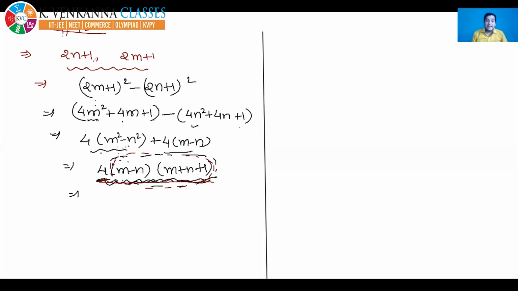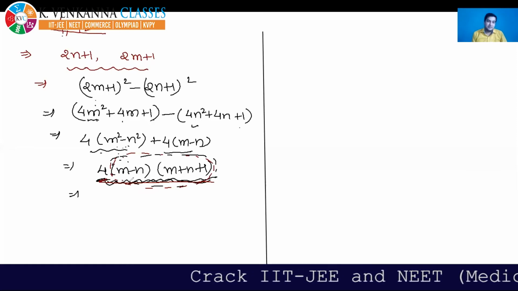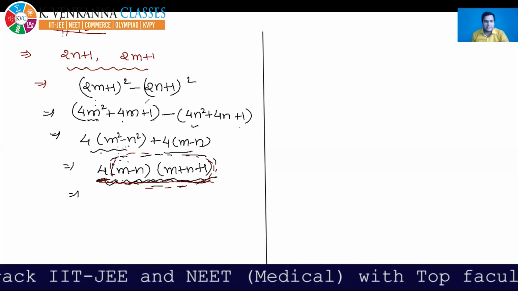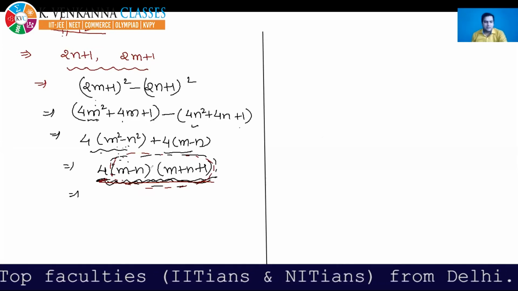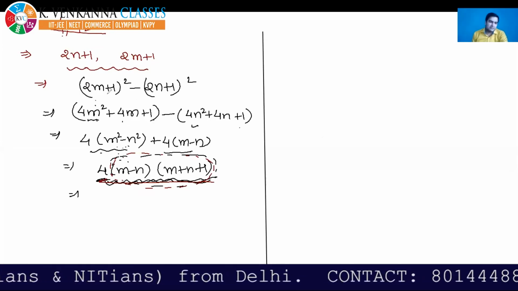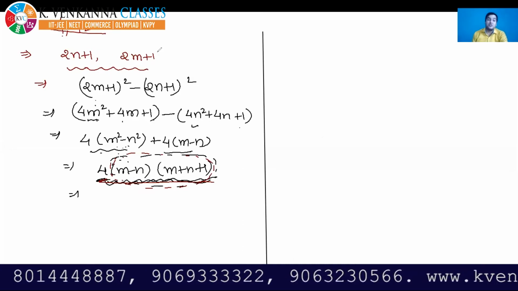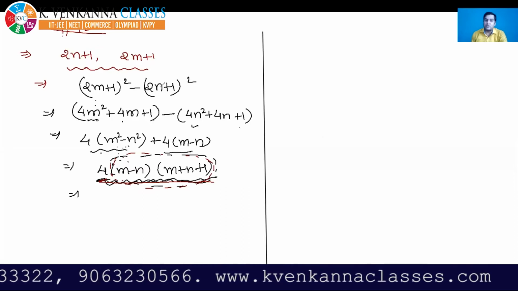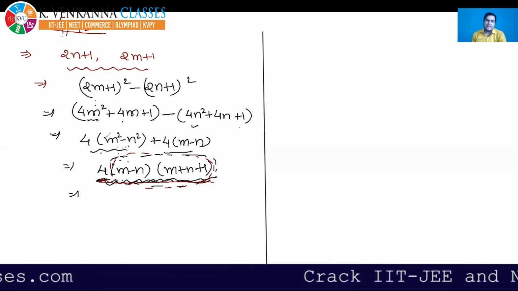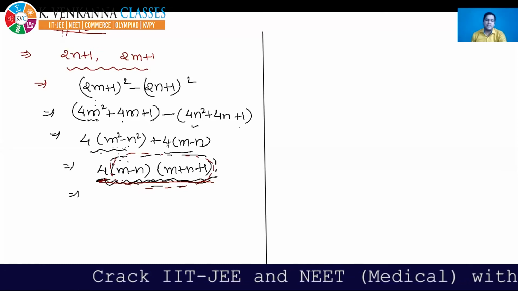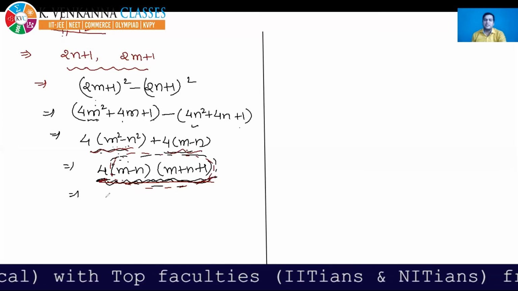See, listen carefully to what I'm saying. Here m and n are integers. Okay, the previous step I'm explaining again. Don't worry, I will explain at the end. Here, I have to find the difference of squares of these two numbers. So I have done (2m plus 1) square minus (2n plus 1) whole square. I have just opened the bracket and taken out common 4 into (m minus n) from these two. So I am getting this.